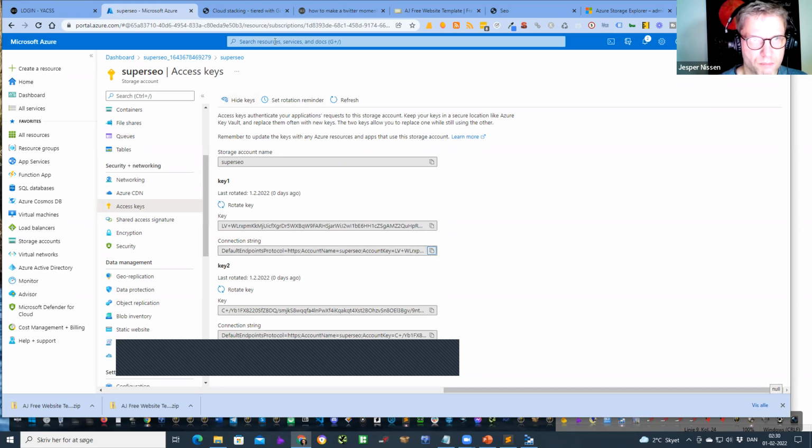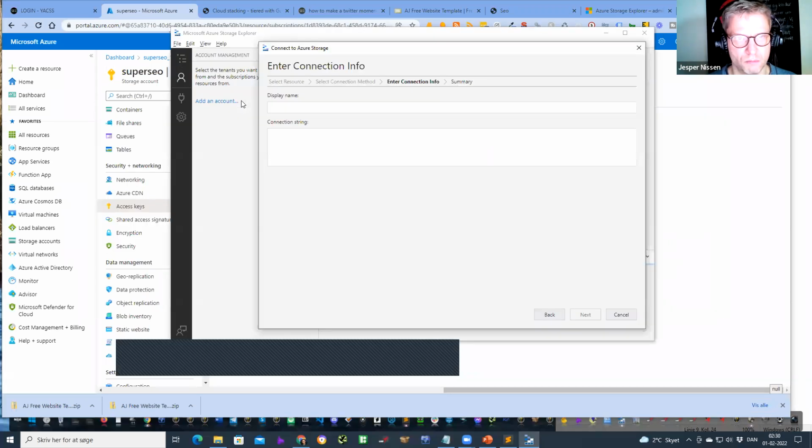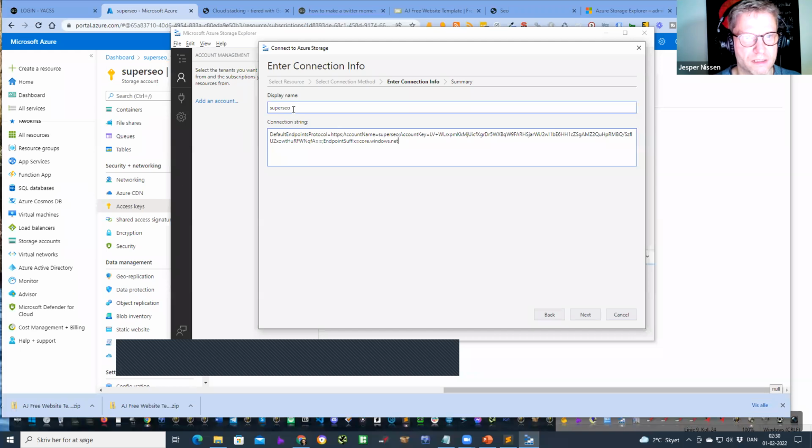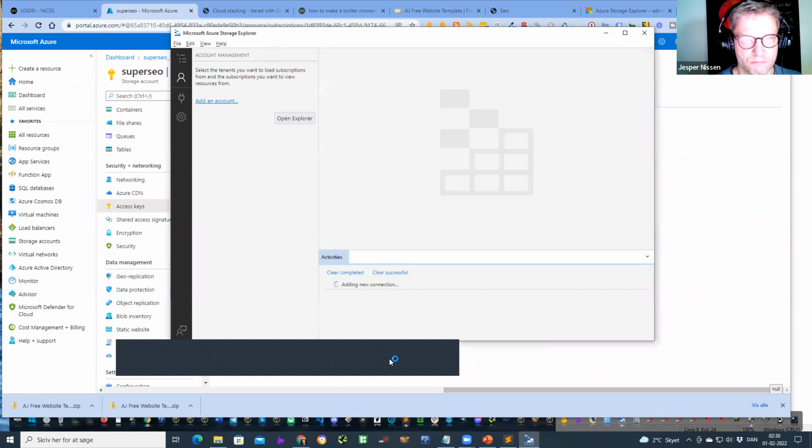Then I click copy to clipboard. And then I go over to Microsoft Storage Explorer and I paste it. And then it actually finds the display name automatically. And then I click next and I click connect. Let's see what it says: adding new connection, successfully added new connection.